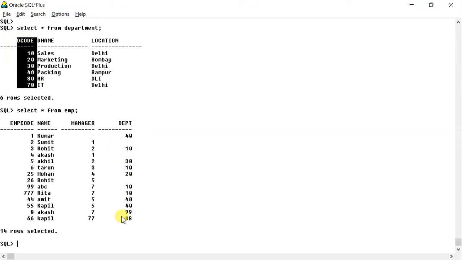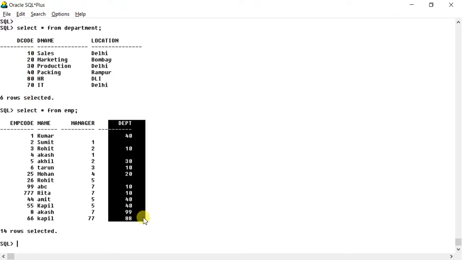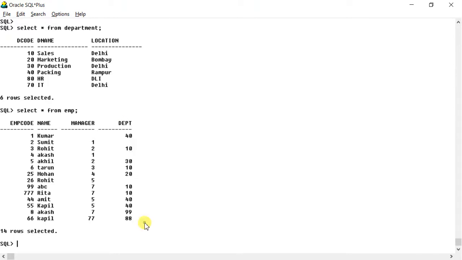Okay, I have especially taken up this point because some of the students might notice and say, sir, why have these values come when a foreign key cannot contain those values which are not present here. So that is why I have told you that temporarily I have disabled it, and I was preparing some other videos. I have disabled it to demo something else. Okay, but if I enable it, or if this was actually a foreign key, then this won't be allowed.